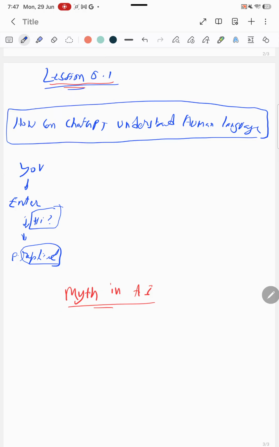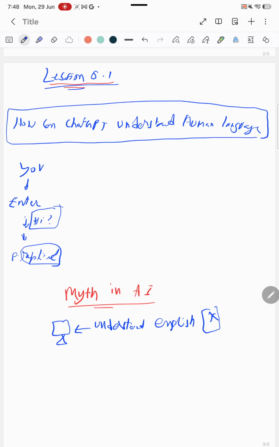Most people believe computers understand English. Many of you would think that the computer understands English, but that isn't true.